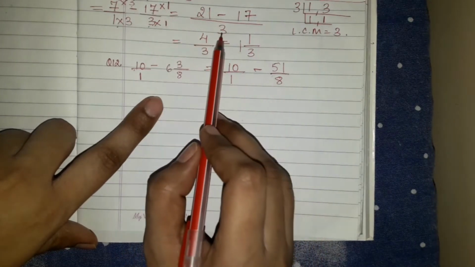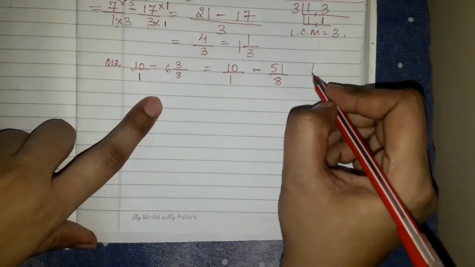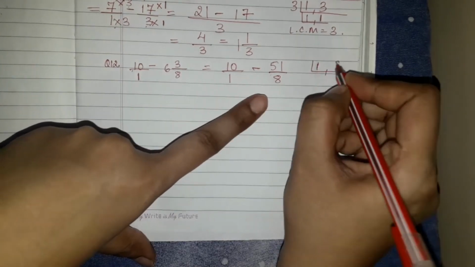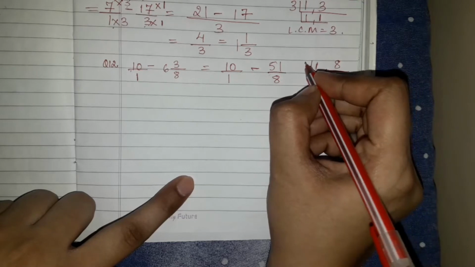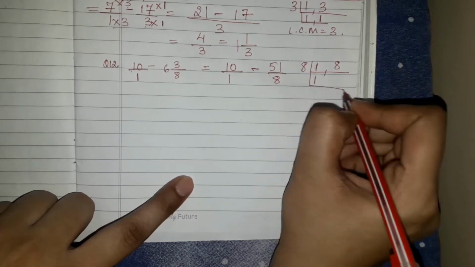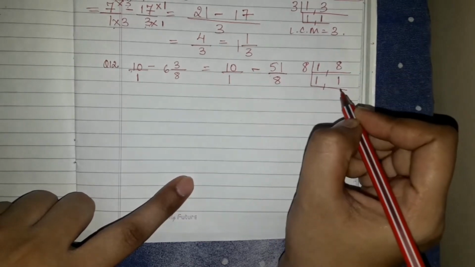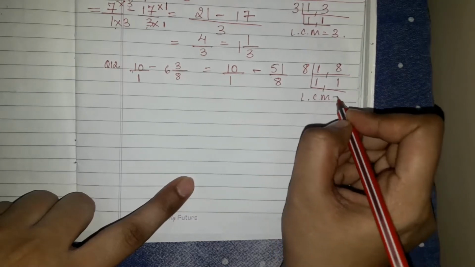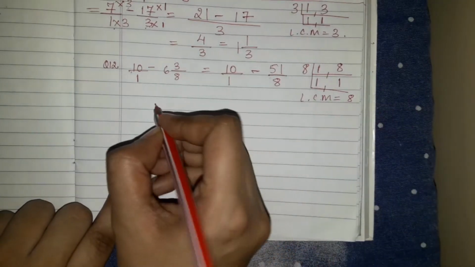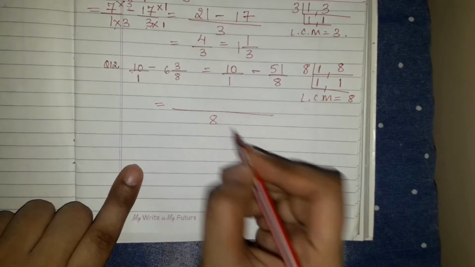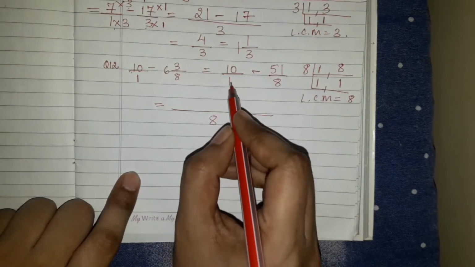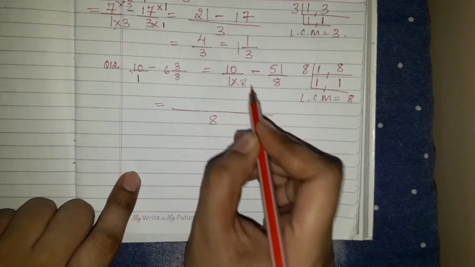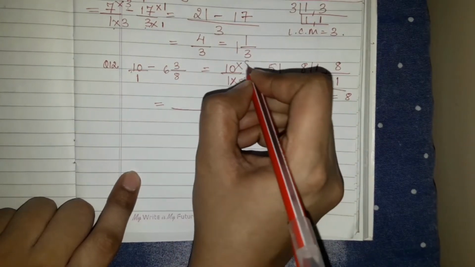Okay, I told you the LCM will be what? Here the LCM was 3, here the LCM will be 8. Let me show you once. 1 and 8. We'll take out the LCM of these two digits. 8, 1 will go 1 time and 8 will go how many times? 1 time. So the LCM is 8. Now we'll write 8 in the denominator and we will see how many times it will go in this one's table. It will go 8 times and the same will be multiplied on the top.